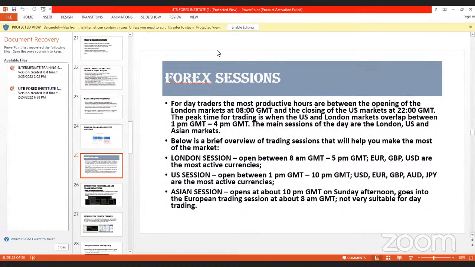It does not mean you can't trade any other pair. You can as well trade any other pair. But what we mean is that volatility will be more during the official working hours. Now, if you watch also, between the London session and the US session, there is a 4-hour difference. Between 1 o'clock when the US session opens till around 5 p.m. when the London session will close, there is a 4-hour interval. That is seen as the peak hours of trading.